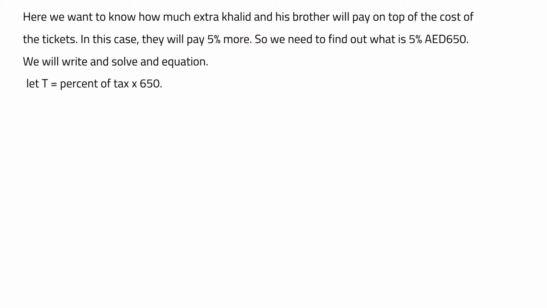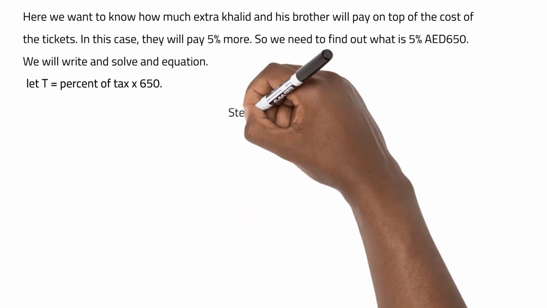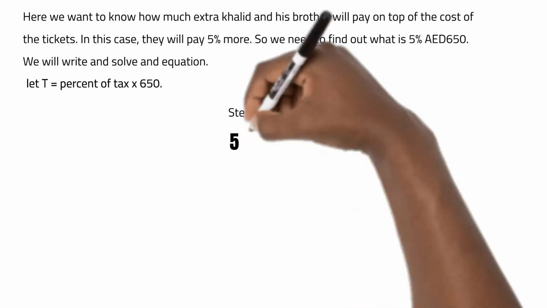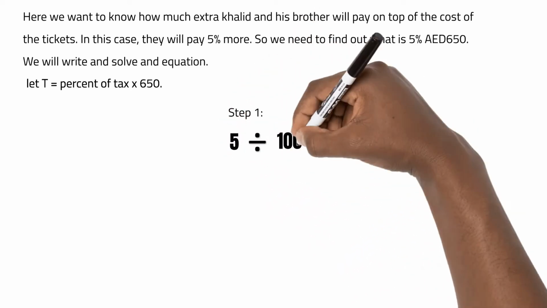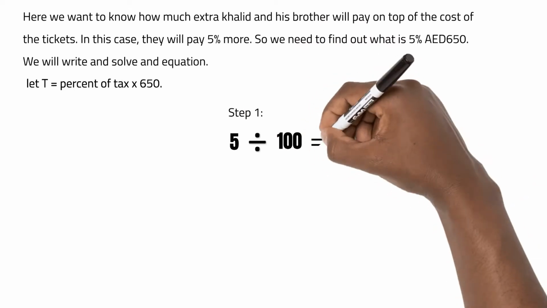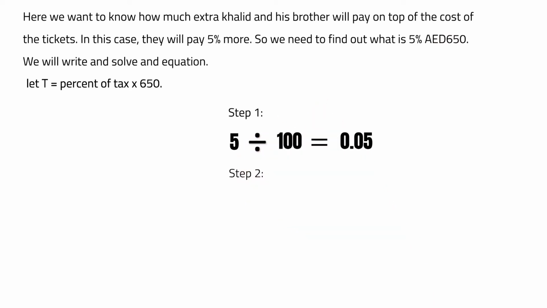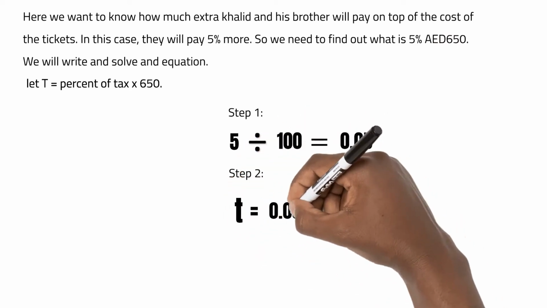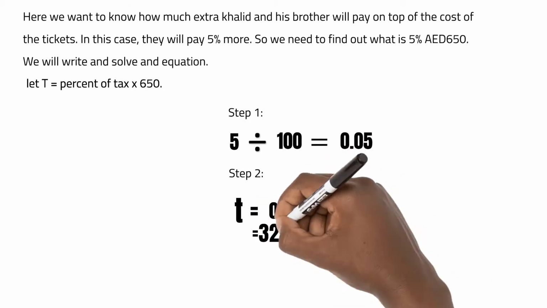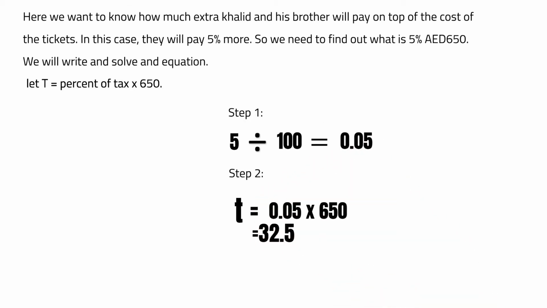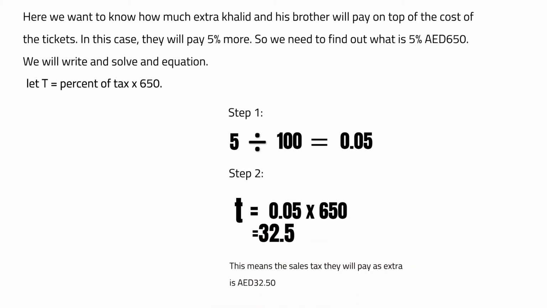Let T equals percent of tax times 650. And the percent of tax is 5%. Step 1. Convert the percent to a decimal by dividing it by 100. This gives us 0.05. Step 2. Then using your calculator, multiply 0.05 by 650. This gives us 32.5. This means, the sales tax they will pay as extra is 32 United Arab Emirates dirhams